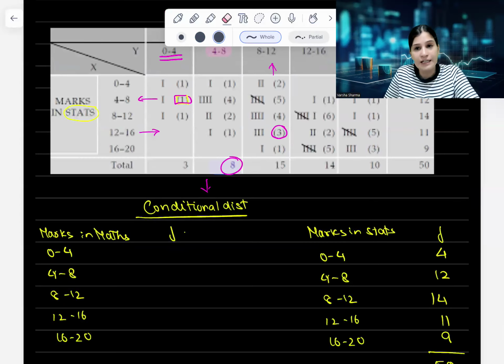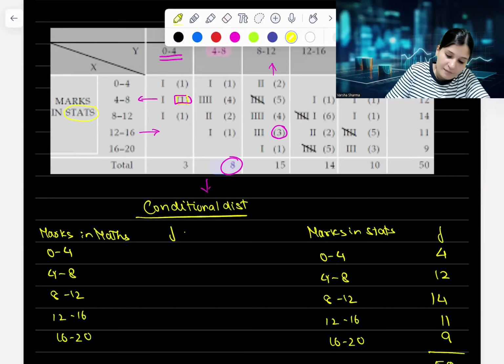I'm constructing the table for marks in maths, but I'm putting a condition on the other variable, that you only take those students in the maths table who have got statistics marks between 8 to 12. Form marks in maths, but the condition is stats marks should be